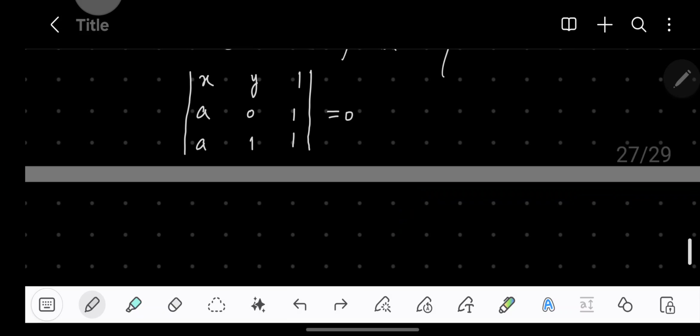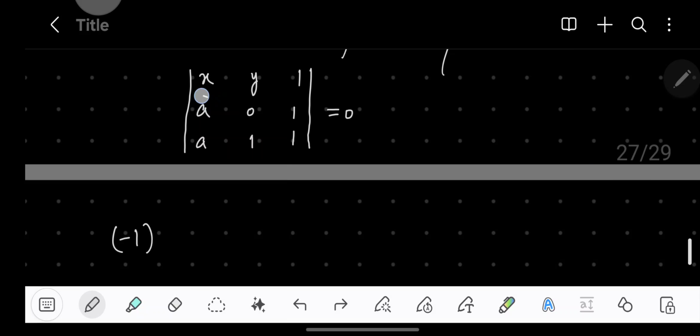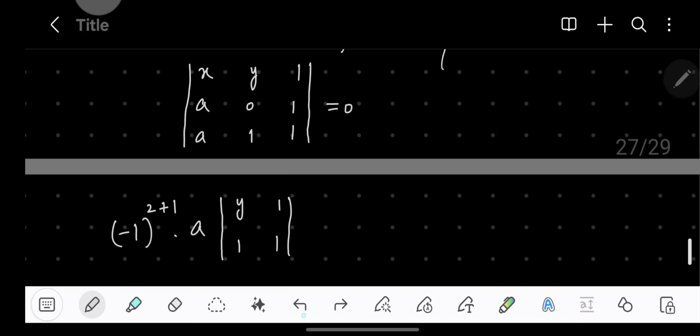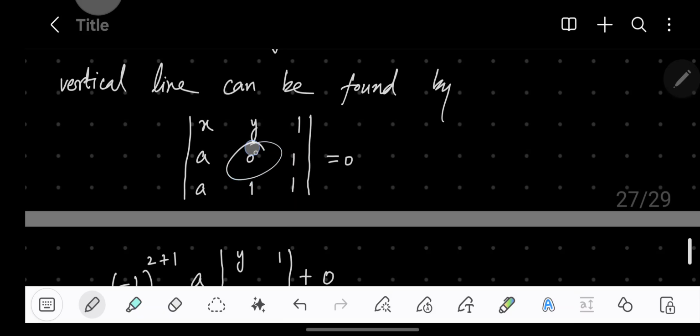then for this value I will write negative 1 to the power 2 plus 1, because A is in the second row and the first column, so I will write 2 plus 1 times A times the determinant of the submatrix obtained by deleting this row and this column, which has y1 and 1 1, again plus I will write this 0, because this is 0. I will not write the